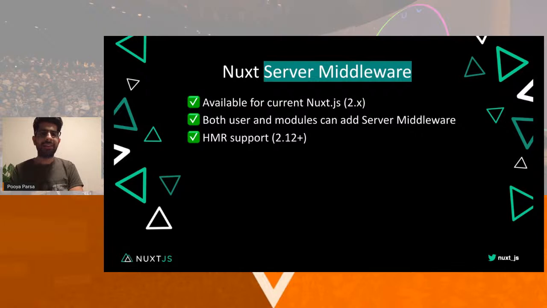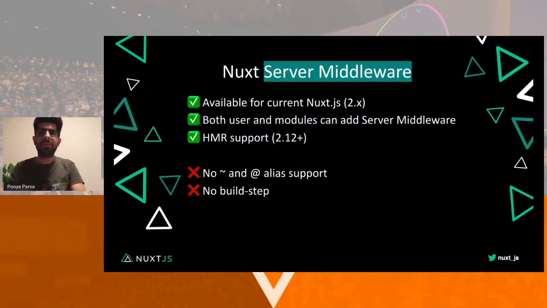So in the last release, Nuxt.js 2.12, we finally added HMR support. It's buildless, without any build. It's using the internal cache system of Node.js to support HMR. So it's already much better now, but it also has some drawbacks. First of all, you couldn't use aliases for imports, because basically it's a Node.js module. It's not runtime.